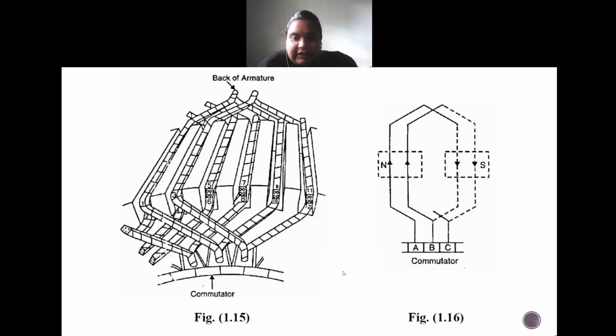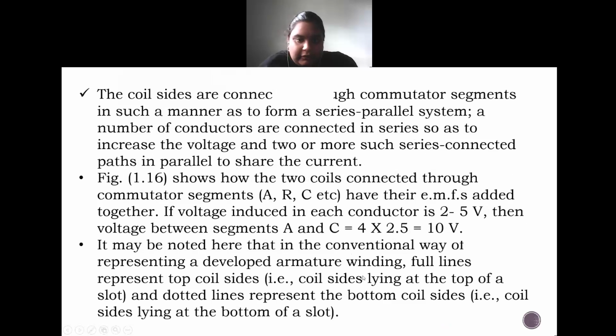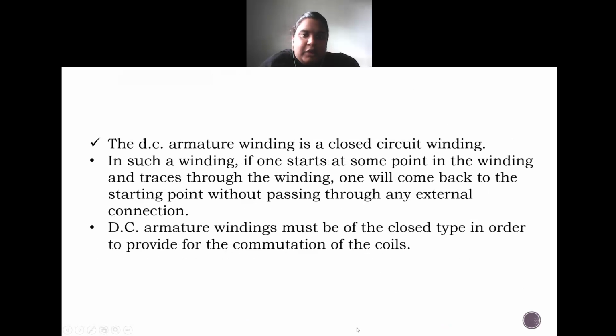Top of the slot as well as the bottom of the slot. Okay, that is the general convention which we will be following. The last point which we are going to see under the general characteristics of the DC armature windings is